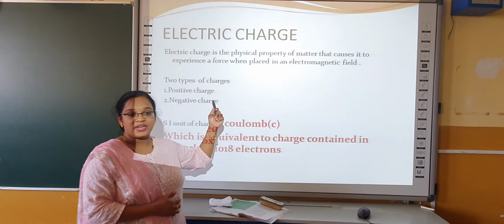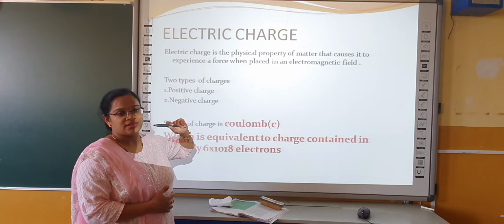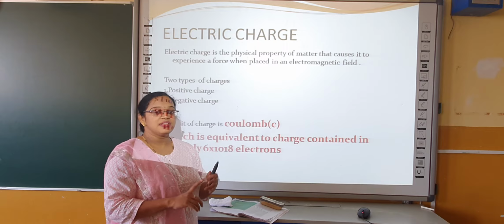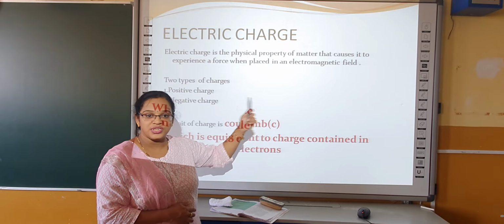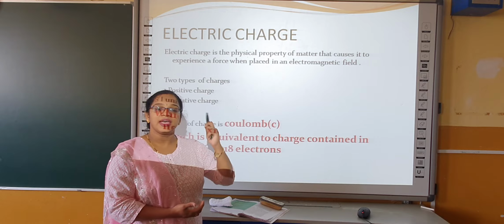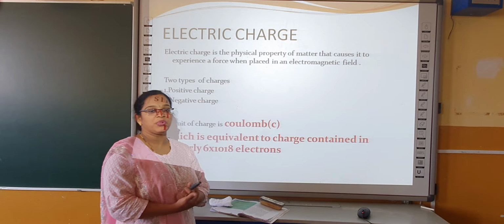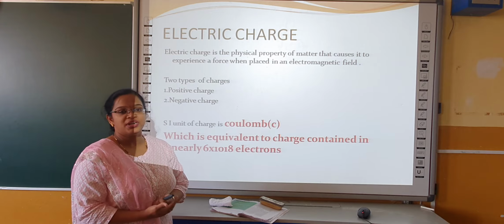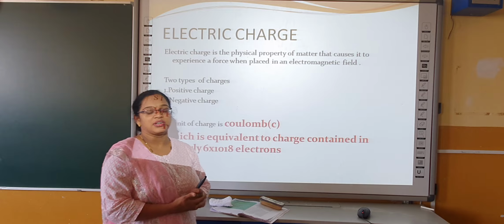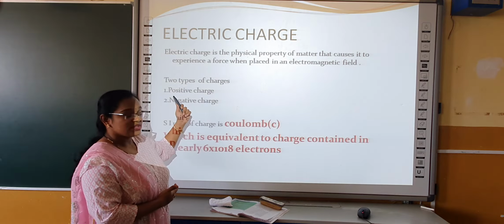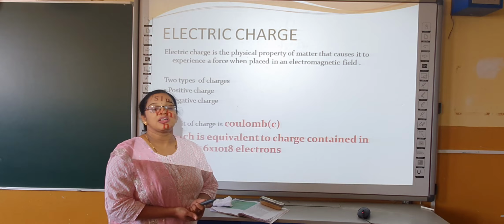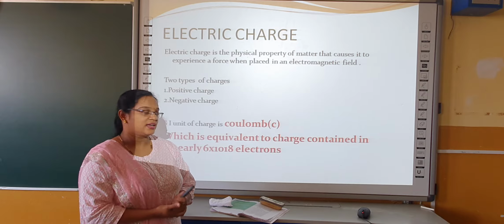If you study an atom, the subatomic particles are protons, neutrons and electrons. Protons are positively charged particles and negatively charged particles are called electrons. These are the subatomic particles. These subatomic particles carry the charges from one place to another. The movement of electrons, the negatively charged particles, constitutes an electric current.